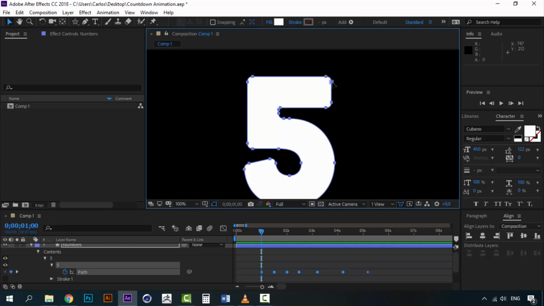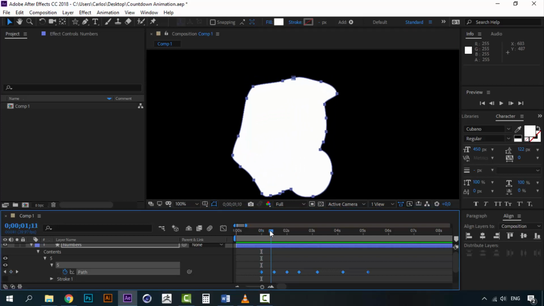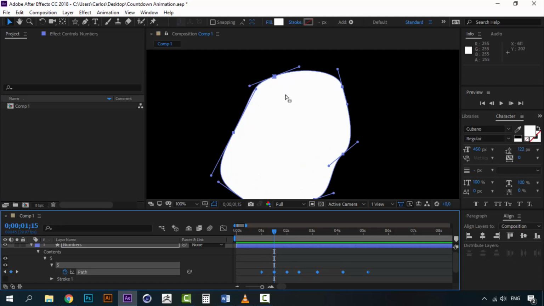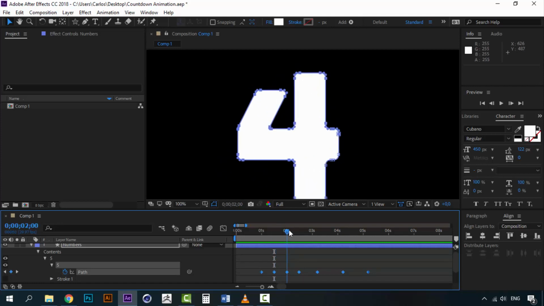This means that this is the first vertex, so this is where the transition will begin. So right now it's morphing from this point to this other point on the shape, and then it goes to the 4 where this main vertex is here on the right part. So the idea here is to make the main vertex always on top so that the